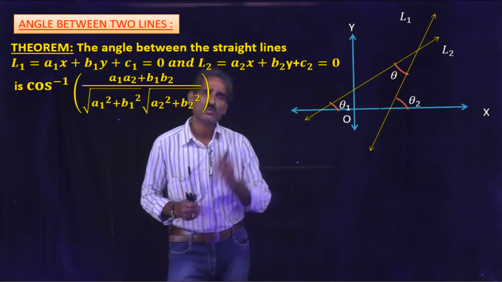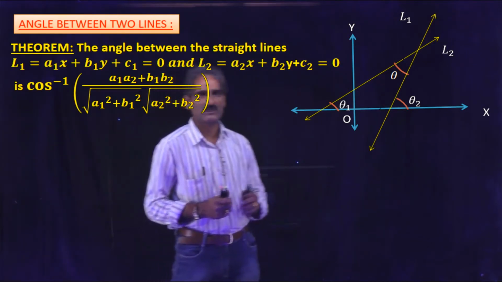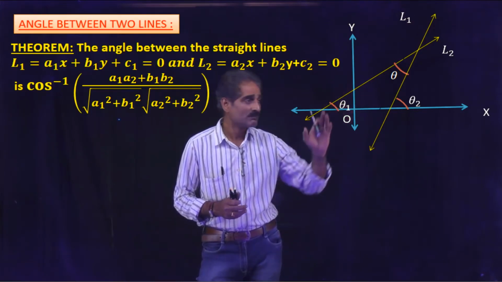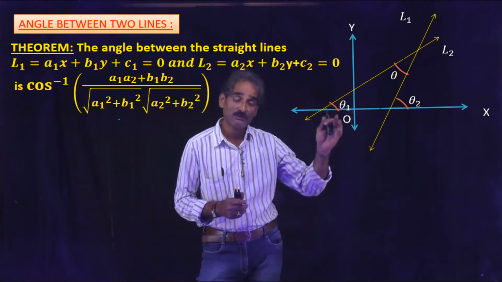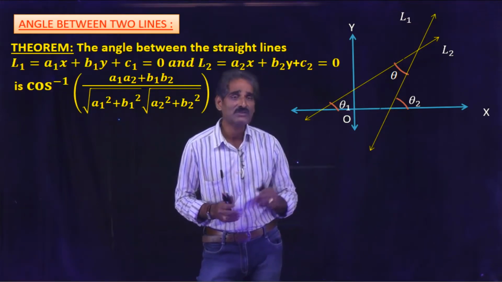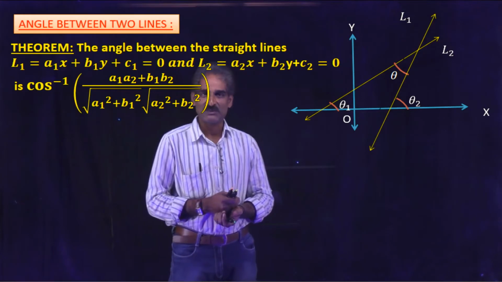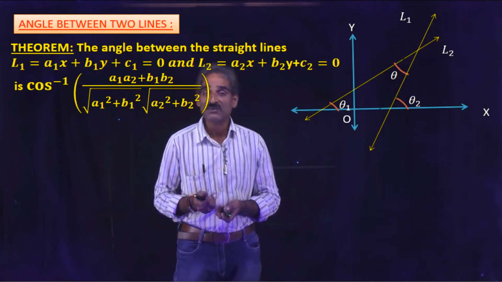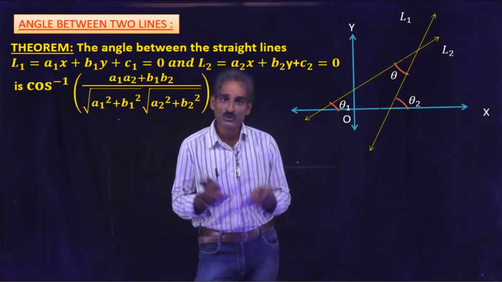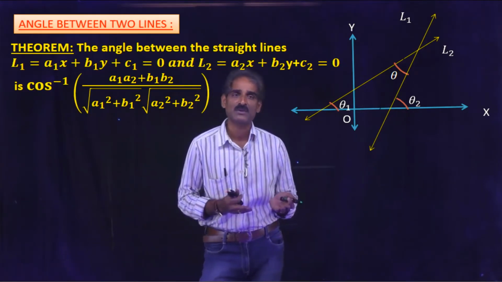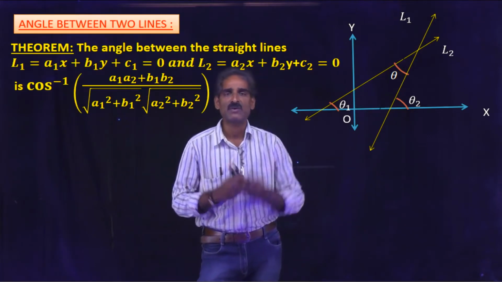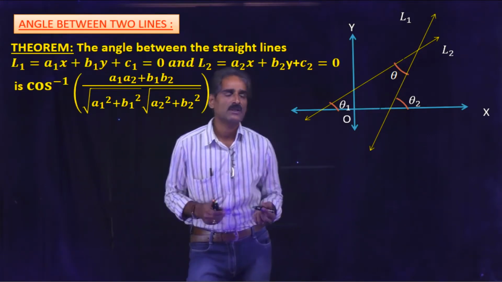Here there are two methods. One is the direct method, by choosing points on the lines and forming triangles. With the help of triangles we can derive the formula for cos theta. And the second method is very important, with the help of the tan theta formula. What is the tan theta formula? Tan theta equal to modulus of m1 minus m2 by 1 plus m1 m2. If you express the slopes of the two lines in terms of a1 b1 and a2 b2, you will get this formula. Okay, now come to the proof.